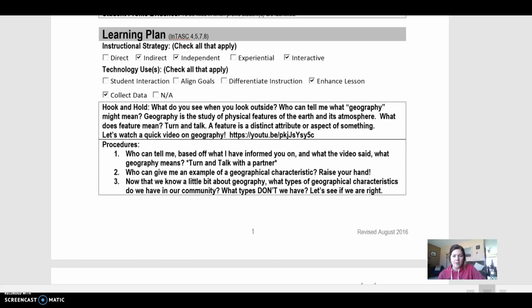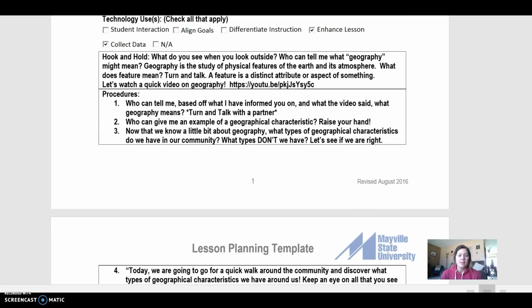So my hook and hold. I would ask the students, what do you see when you look outside? And who can tell me what geography means? I would let students turn and talk during this time and then raise their hands to tell me what they think. And I would tell them geography is the study of physical features of the earth and